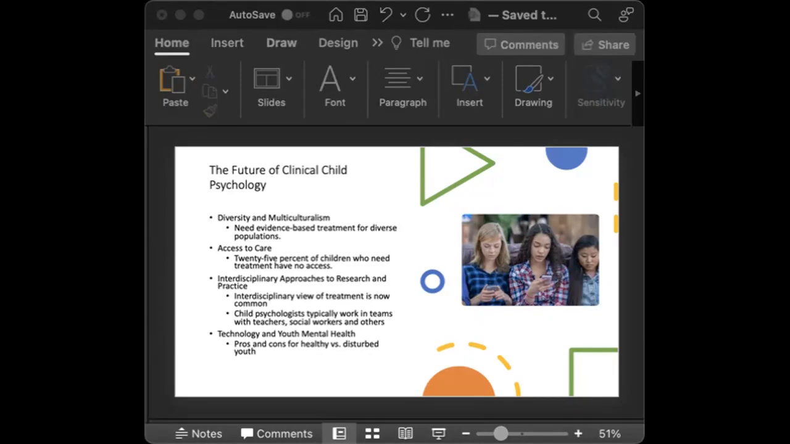And then there's access to care. So 25% of children who need treatment have no access. Fortunately, we live in a digital world now, and technology has dramatically changed the lives of children and adolescents over the last 3 decades. But we have to also look at that. Yes, there are pros in that the treatment's more readily available if they don't have a ride. In the state of California,